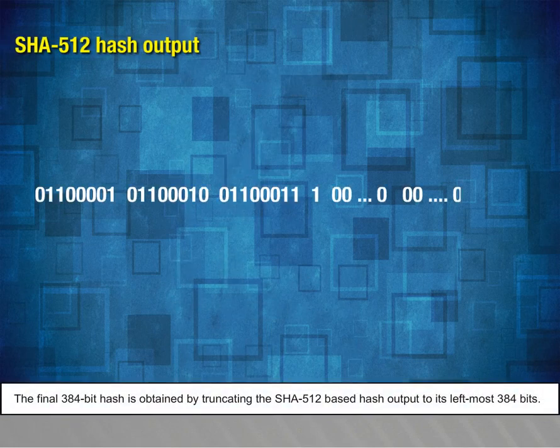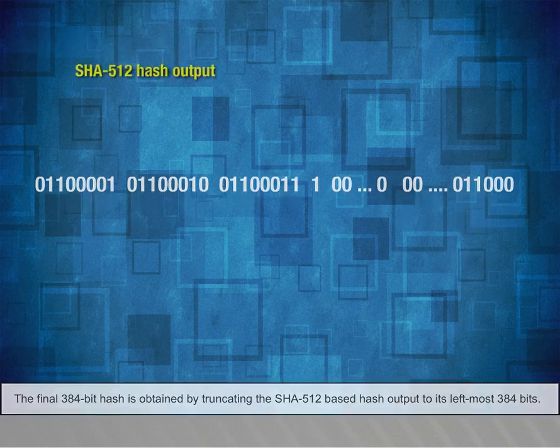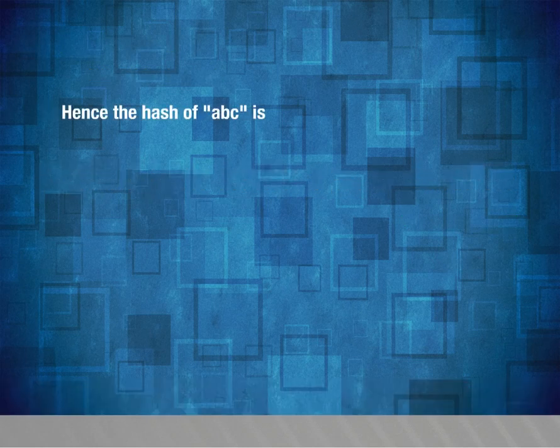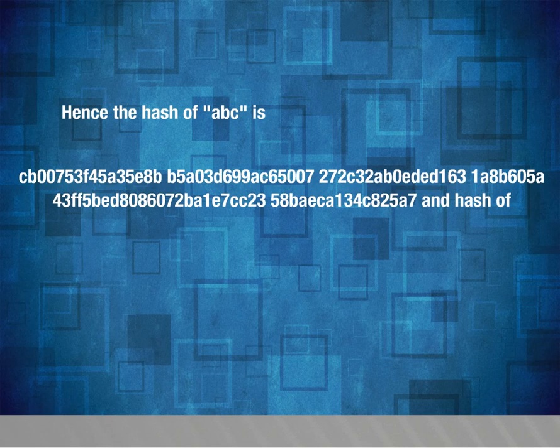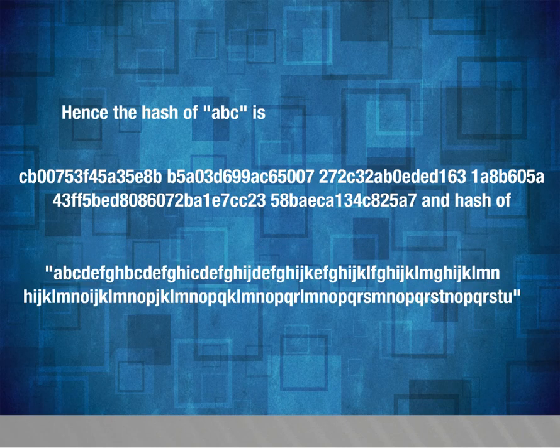The final 384-bit hash is obtained by truncating the SHA-512-based hash output to its leftmost 384 bits. Hence, the hash of ABC is CB00753F 45A35E8B B5A0 3D699AC6 5007 272C 32AB 0EDE D163 1A8B 605A 43FF 5BED 8086 072B A1E7 CC23 58BA ECA1 34CA 25A7, and the hash of A B C D E